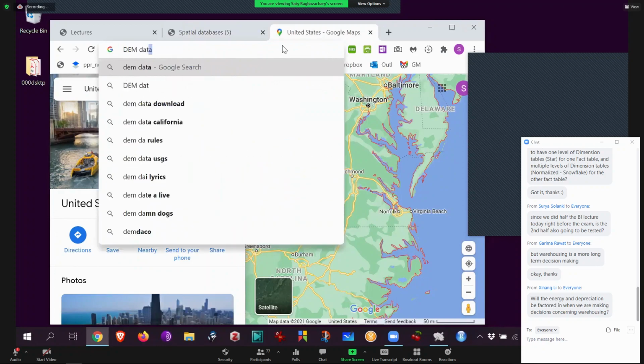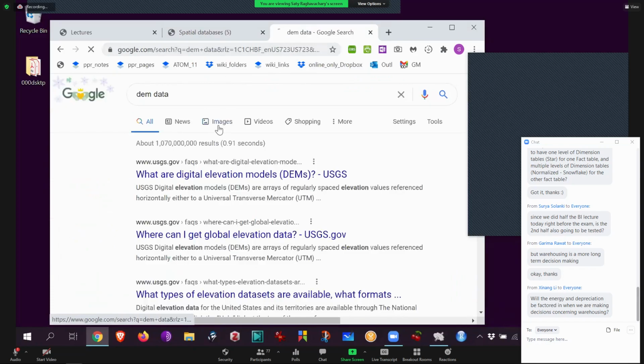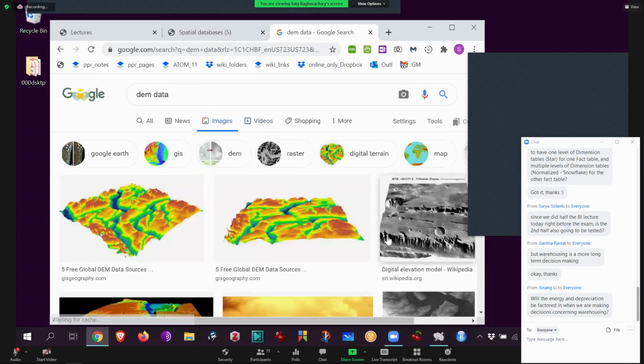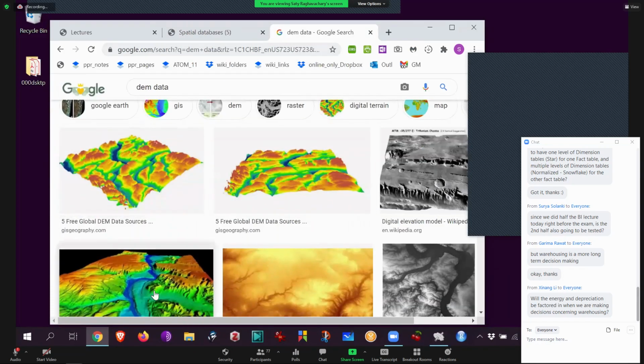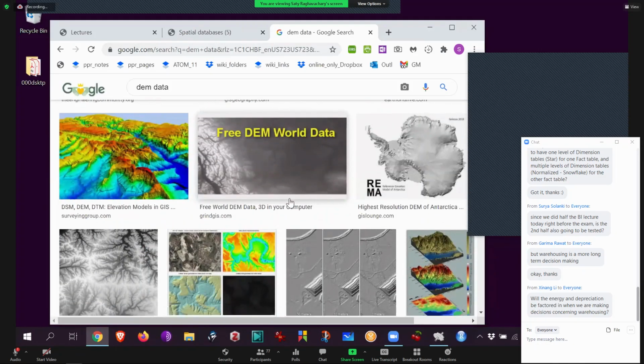In other words, you store XY separate, and then you can store Z separate. That is also possible. Then the idea would be you can use them separately. Like with the XY, you can learn how large the area is. With the Z, you can say how tall is my tallest peak. So this kind of data is called DEM. Okay, yeah.